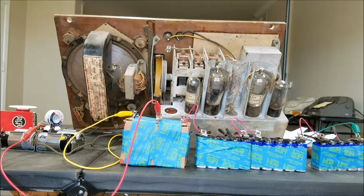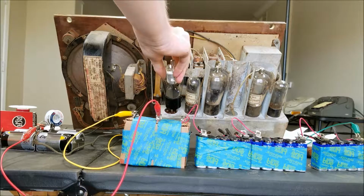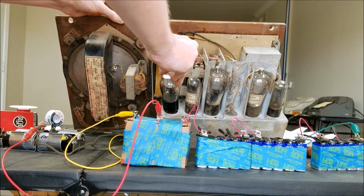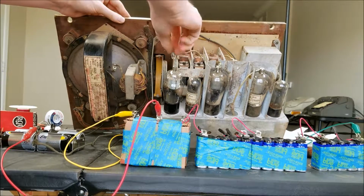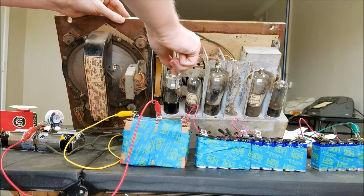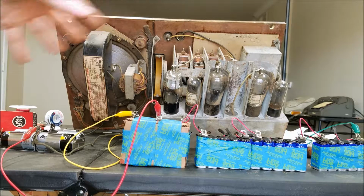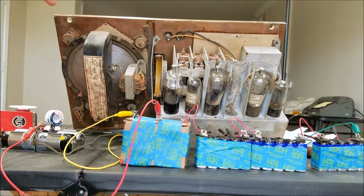This is the only 32 tube I could find on eBay, so we'll just pop this in here. Put the grid cap on, and I think we are ready to go. I've double checked all the connections. You have to be really careful hooking these up. Make sure that the connections are correct. I've checked with the piece of paper in the box, and I've checked in the schematic, and they should be